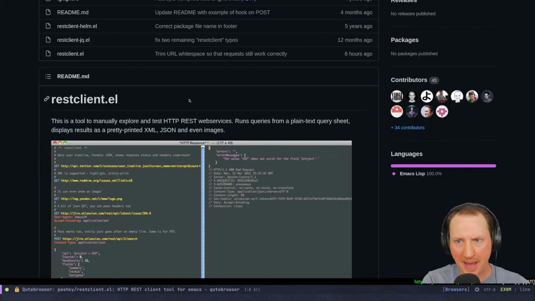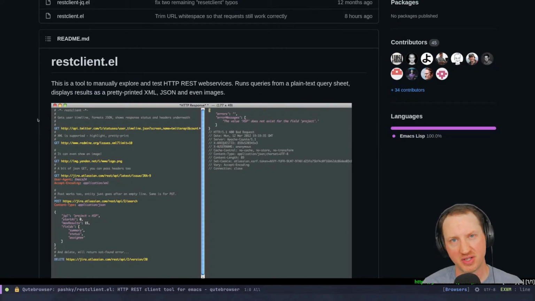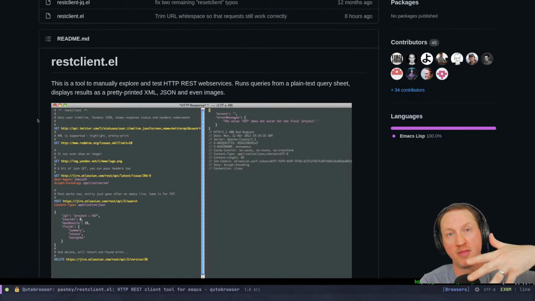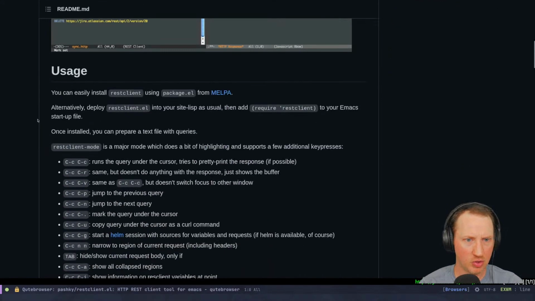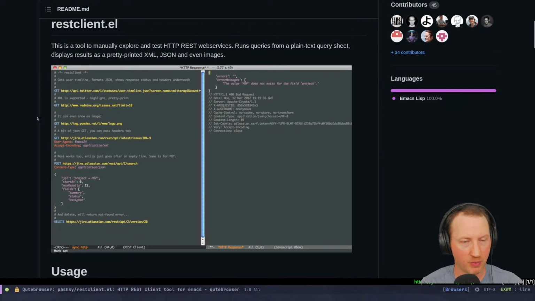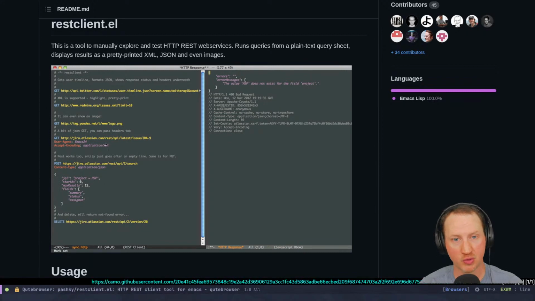I've actually used this in the past. So if you're developing a REST service, or maybe you're trying to experiment with one, and if you don't know what a REST service is, it's basically like an API that's exposed by a website where you can make normal HTTP requests like a browser would make, and then get information back that could be used in a program.